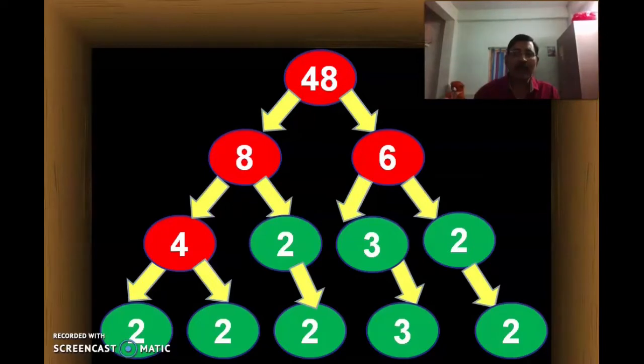So why do they use the term unique? It means that in whatever way we do it, for 48 we get 2 power 4 into 3 only. The order is not essential, in the sense that the 3 can exist in any of these places: maybe in the first position, or in the third position, or in the last position. The positions may vary, but the prime factors which we get always remain the same. So 48 will always be equal to 2 power 4 into 3 only. This is what we have to understand.